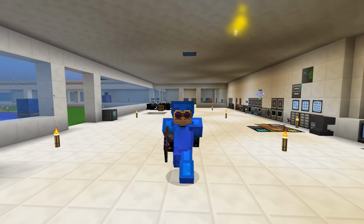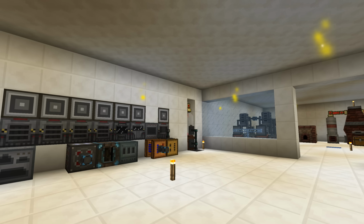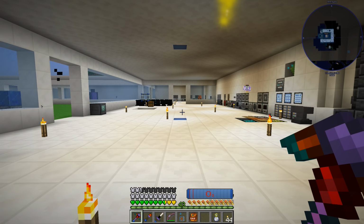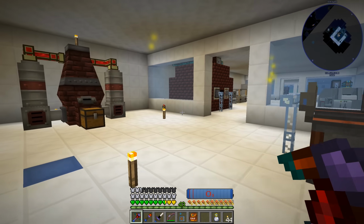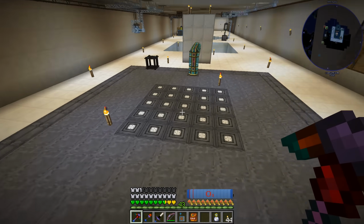So last episode, we were exploring IC2 UU matter. We were using the mass fabricator to generate UU matter, and we saw that it was taking a stupid amount of power to generate what little UU matter we could. We were using over 1.2 million RF per tick, which is like 6 times more power than what we're actually generating from our extreme reactor